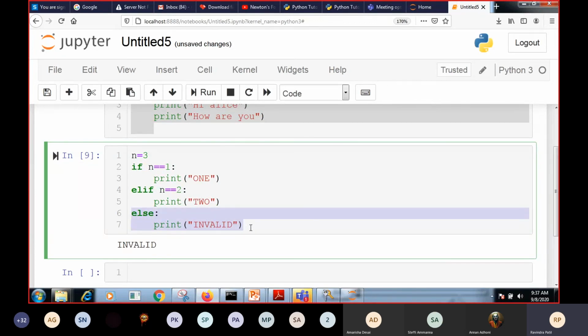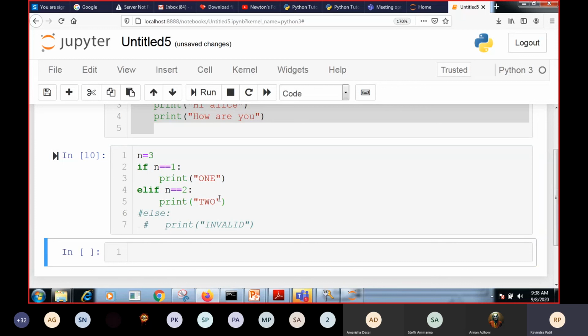Now I am going to remove this part, so we will use comment lines here. How do we make a comment line? A line which starts with a hash is called a comment line. Now I have successfully removed those two lines by making them comments. In this case, it is not going to display any message, and it is not going to display any error either, because an elif statement can have an optional else statement.